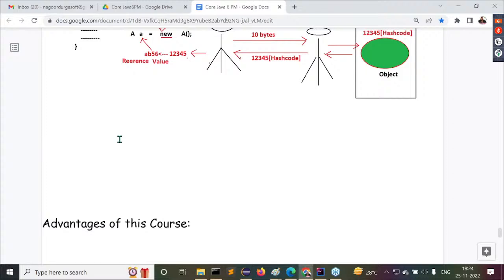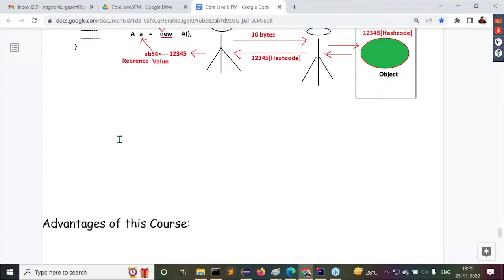C and C++ are static programming languages, but Java is a dynamic programming language. And the second one, a preprocessor is required in C and C++, but a preprocessor is not required in Java. The third one is, C and C++ are platform dependent, but Java is a platform independent programming language.